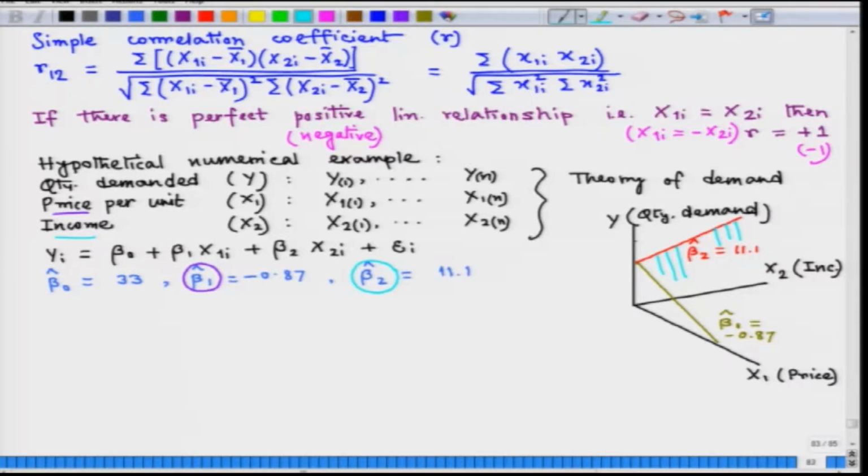Okay. So, the next topic that we are going to study is to assess the goodness of fit of a regression. So, basically the idea of regression analysis is to pass a straight line in between a scatter plot, right. So, if you have some data, a regression line should pass through the center of the data, and it should give a good fit to your data. So, by fit we mean that it should be able to explain the variation in y well.